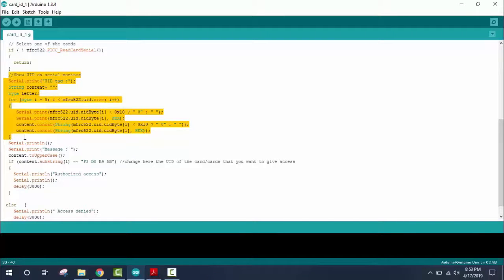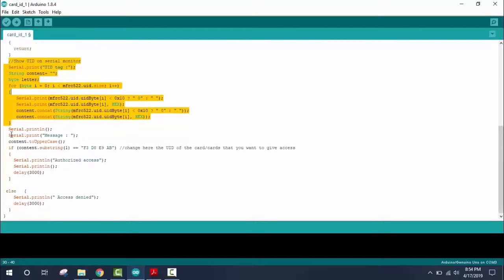The RFID tag consists of the unique identification number as well as certain other data that can be etched into the chip present in the RFID tag. So for reading all that data and the unique identification number on the serial monitor we use this line of code.